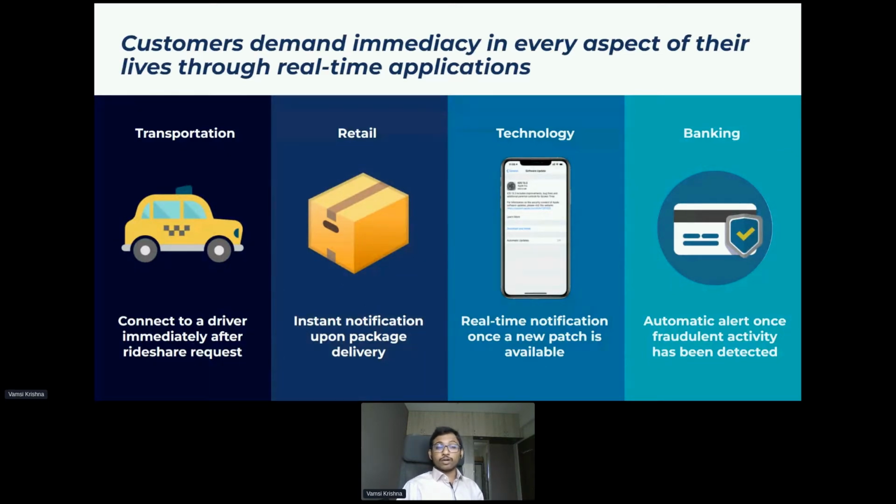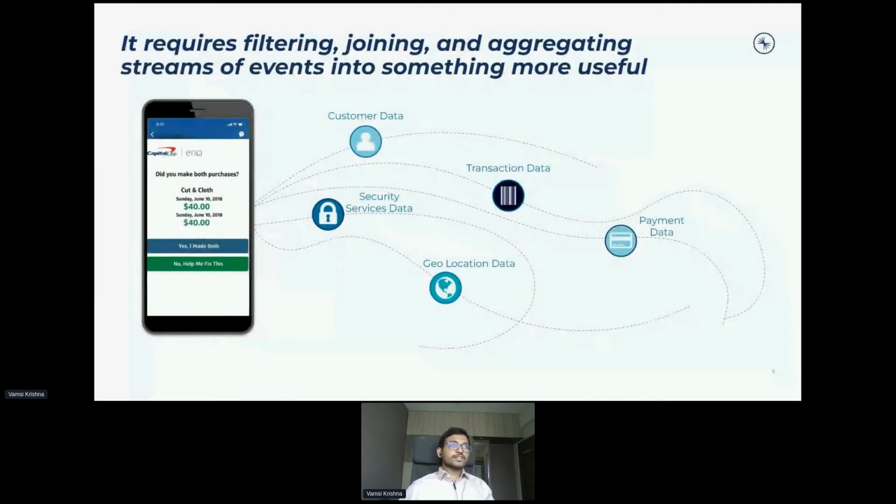If you're developing some applications, you want to see, say, all the inventory status and so on, all in real time. Or if you're in the banking industry, you want to inform your customers of possible frauds, possible transactions that are happening, the notifications for that. So there is a lot of immediacy expected by customers. Unlike 4 or 5 years ago, today almost all applications are trying to do a lot of stuff all in real time. Now that is what is leading to the next stage, where we are going to collect a lot